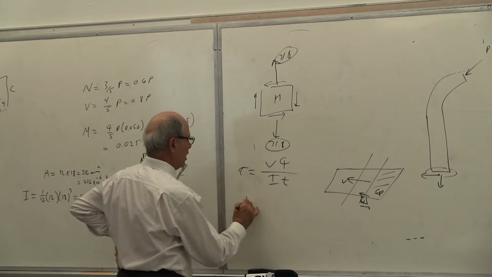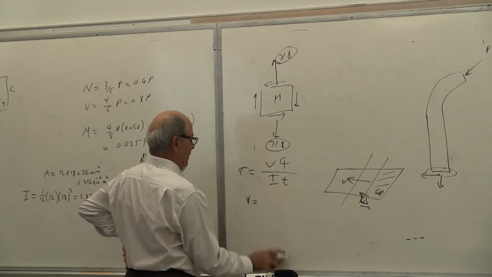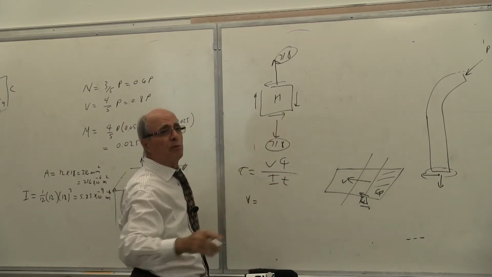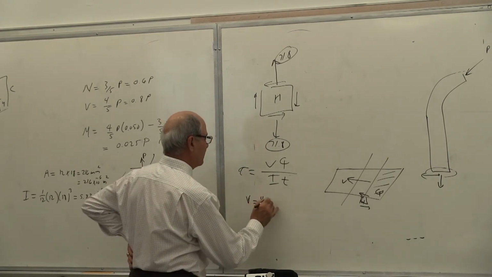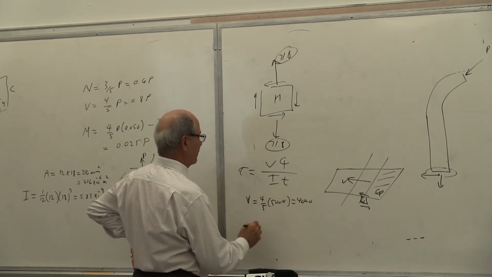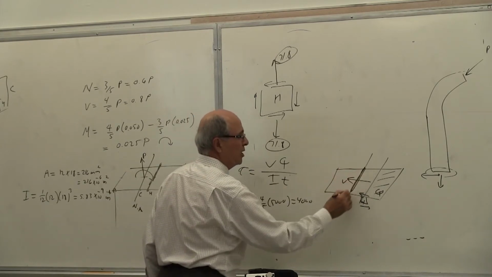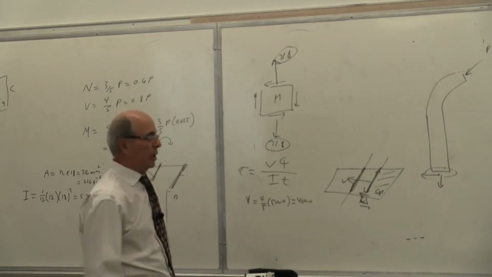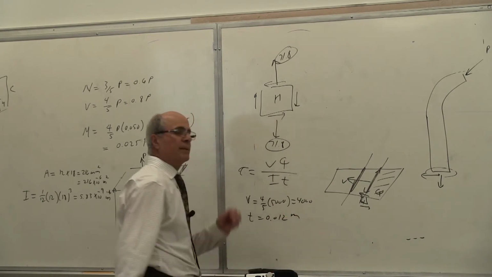The only question is, shear force is 3,000 or 4,000. Because it was 4/5 of, remember it was, go back again. The shear force was 4/5 of P, yes or no? If P is 5,000, 4/5 of 5,000, so it becomes 4,000. So that's your shear force. I was already given this, this is the I. The T is what? The T is this length, which is 12, yes or no? T is 0.012 meter, correct?